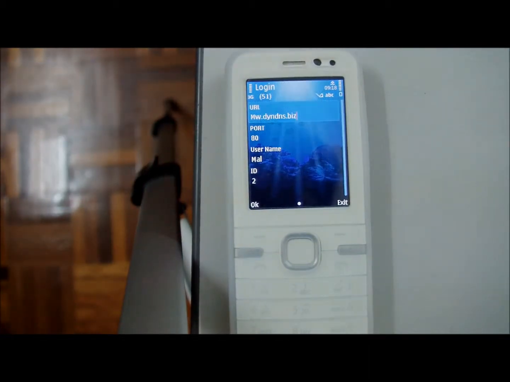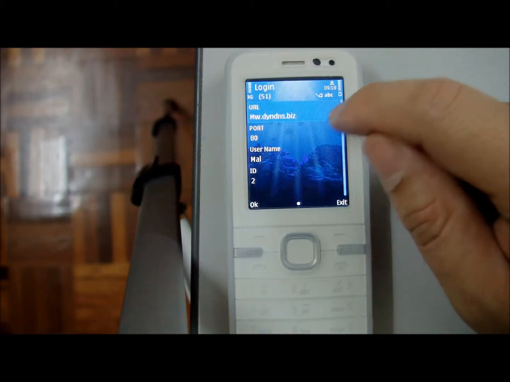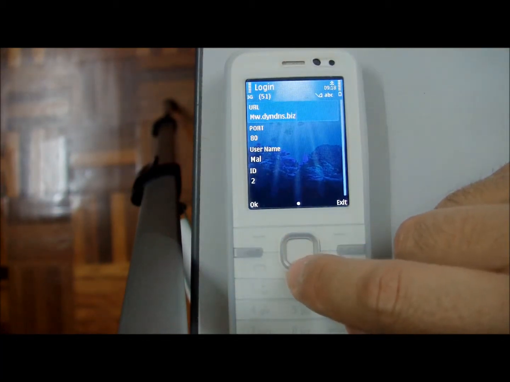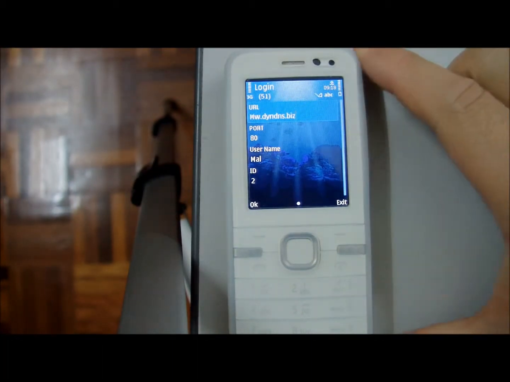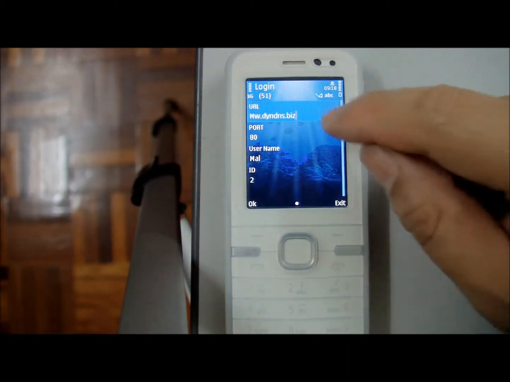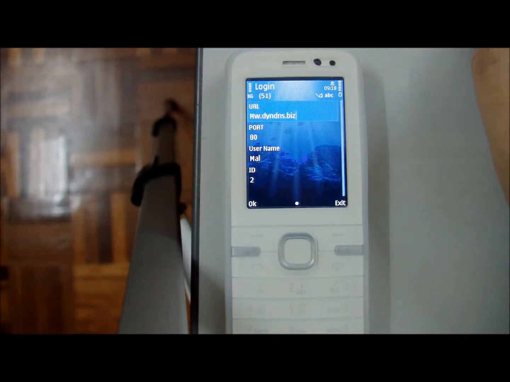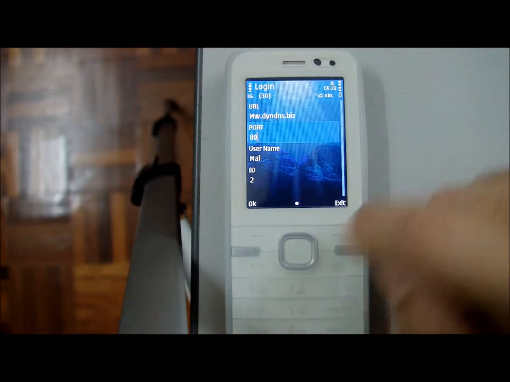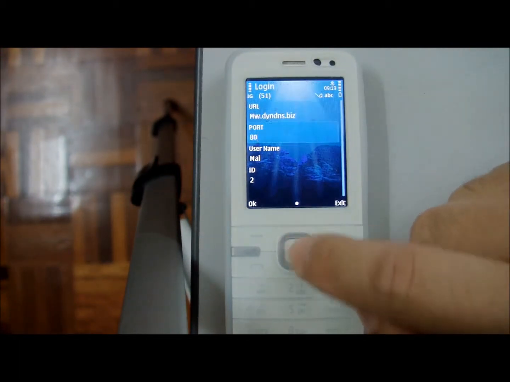Now when you start the application, you will see the login screen first. This is where you key in your login details. For the first text field, the URL text field, you can either key in the fixed IP that your system admin gave you, or you use the DynDNS host name that you selected when you signed up for the DynDNS account. Port number is the listening port on the PC HQ server side,